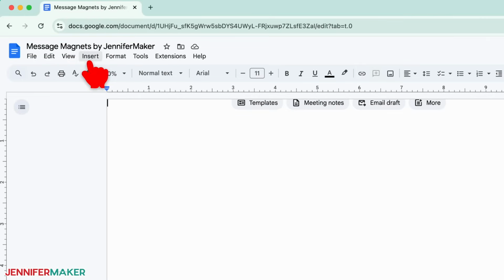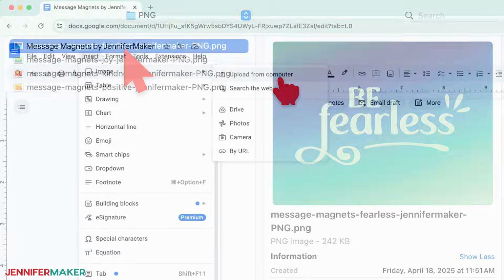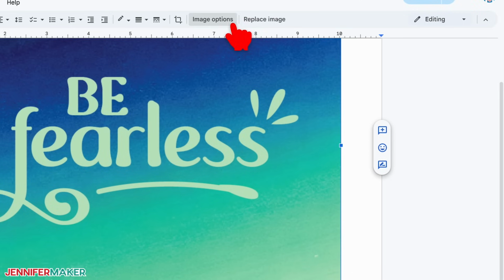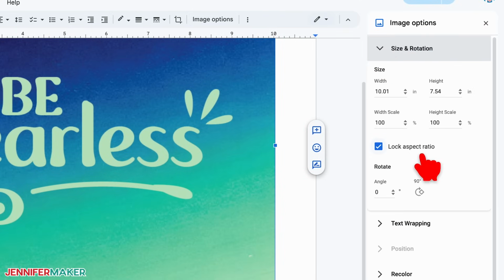Go to the Insert menu, select Image, and select Upload from Computer. Then select your sublimation design and click Open. I'll use the Be Fearless PNG. The image might not load in the correct size to fit your blank, so select your image and click Image Options at the top. Select Size and Rotation, and keep the Lock Aspect Ratio box checked to maintain the design's